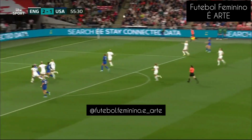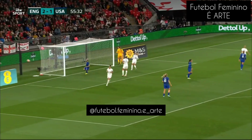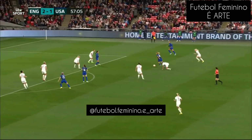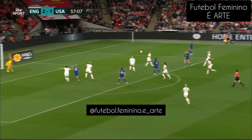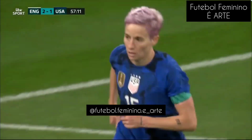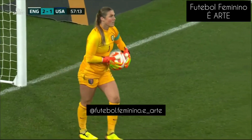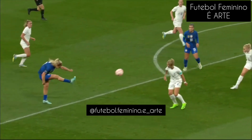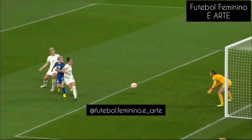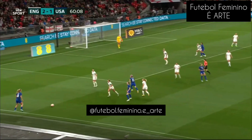Here's Huerta. Too much on that. Haran, who does the same, but Stanway can't win it back cleanly. Haran playing it in towards Rapinoe. He almost stole in there. England just not keeping possession going into the middle third. Losses as well just means that...